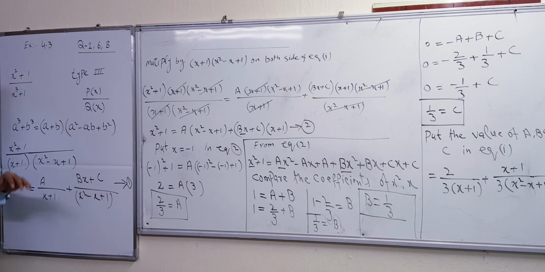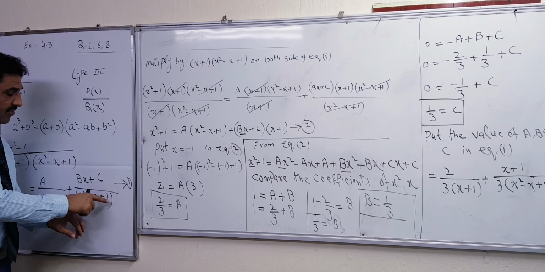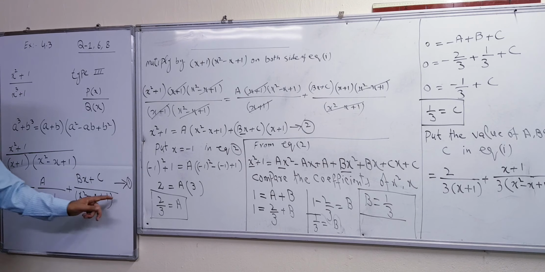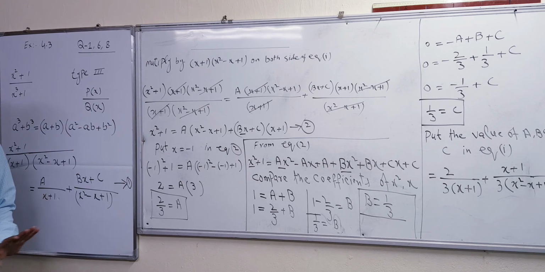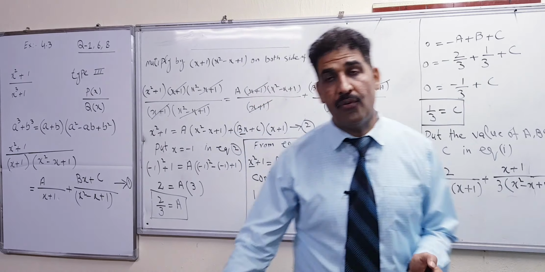And exercise 4.4 is very simple. Type 4, there is no change. You just have to repeat the quadratic function. That means if there is power 2, first you write bx plus c with power 1, then after that dx plus e with power square, and simplify like that. So you can say that your chapter 4 is finished.